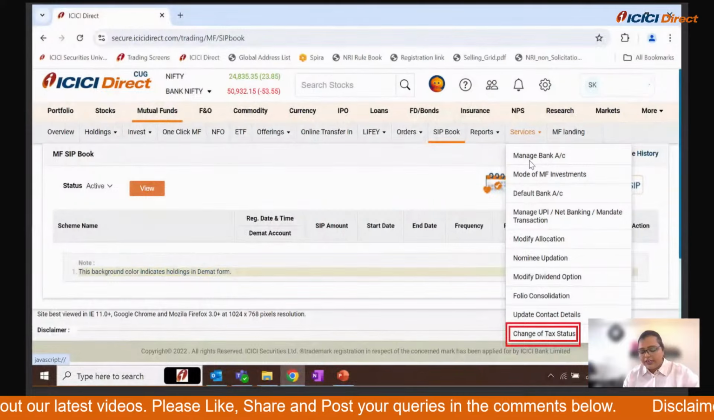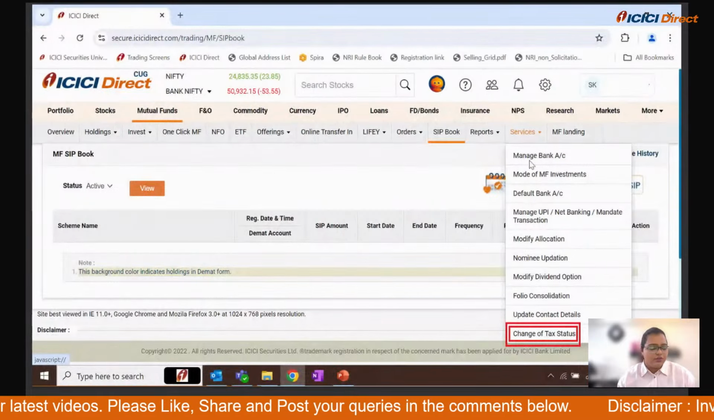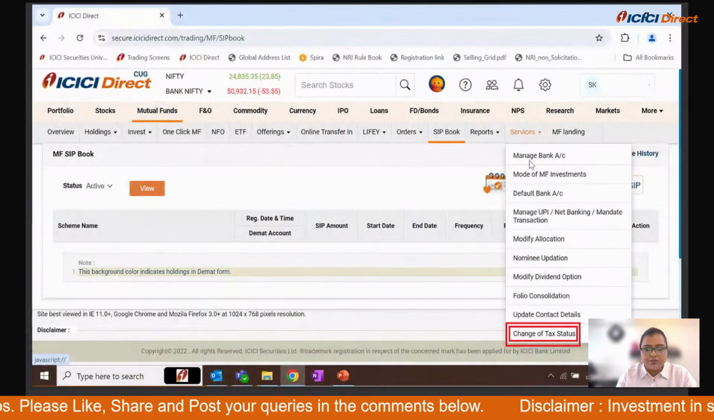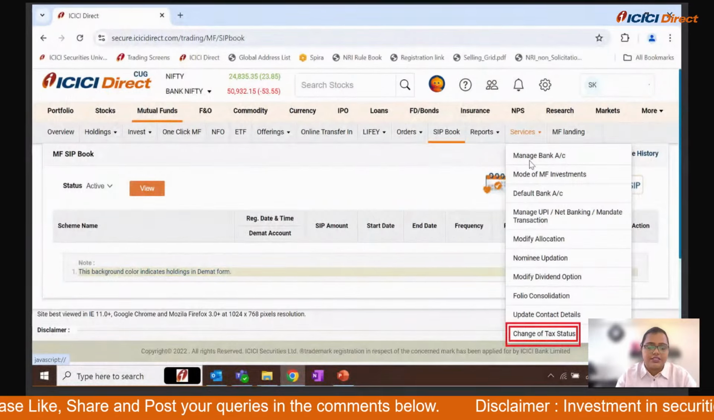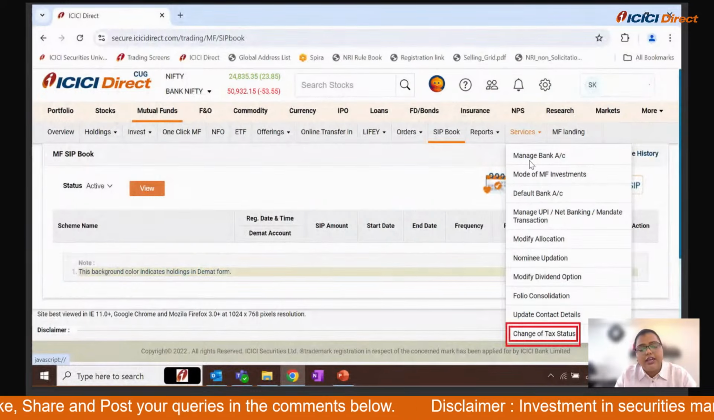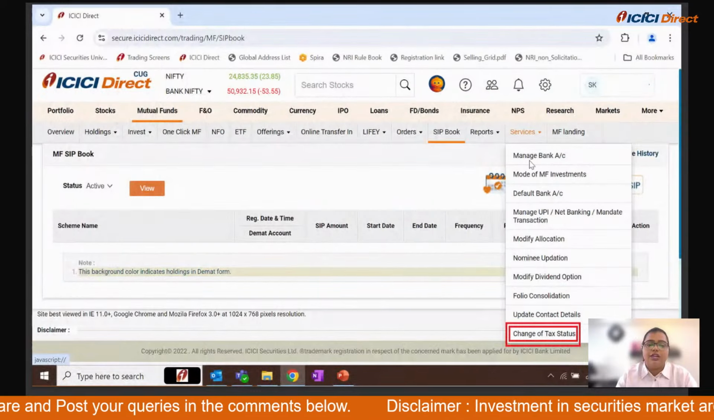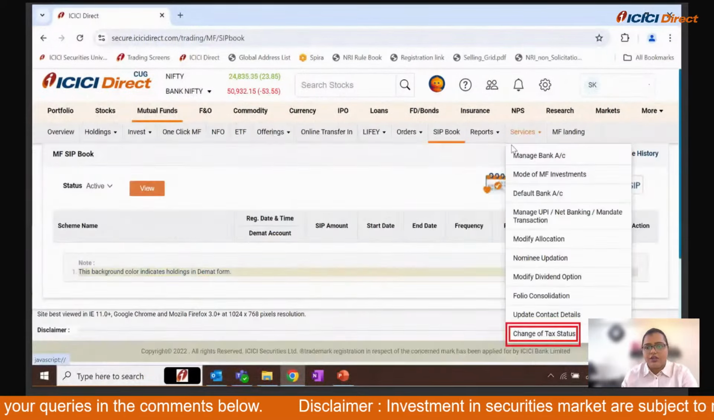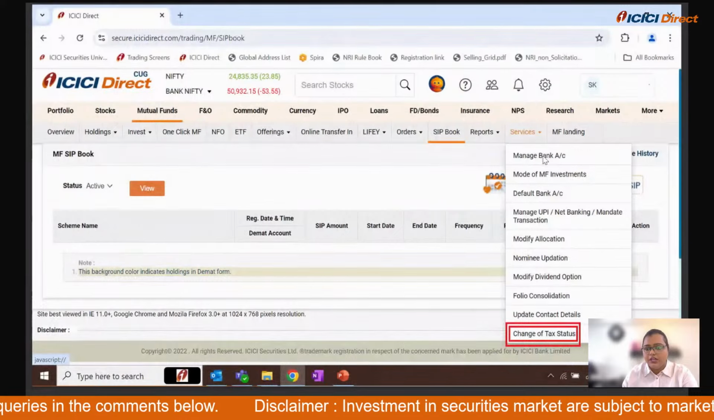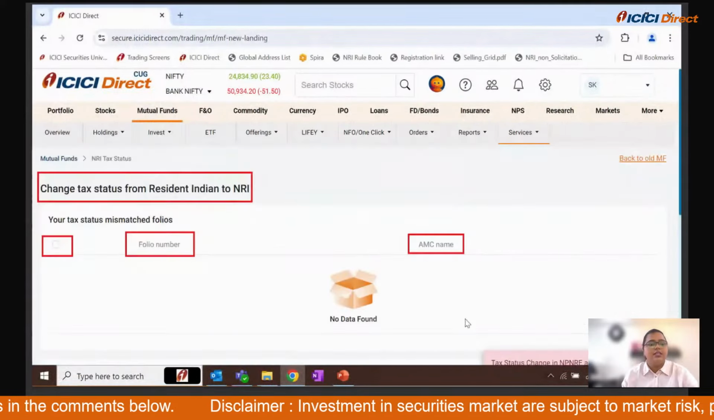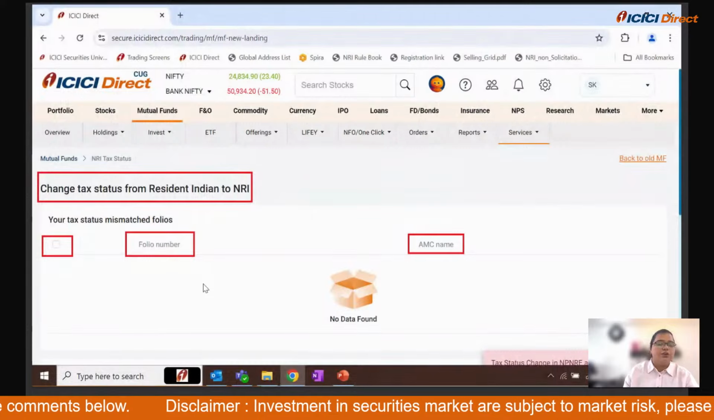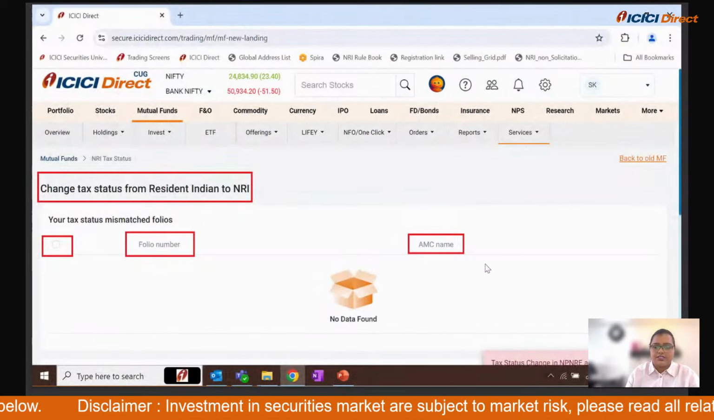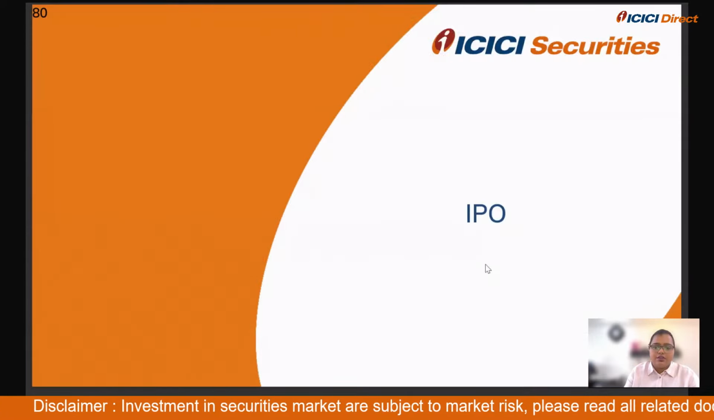As an NRI, when you transfer your shares from RI to NRI, or when you transfer your account from RI to NRI, your account status is changed, but you will also have to change the folio status. Whatever folios that you have as an RI, when you transfer it to your NRI account, you will have to change the status of that as well. So for that, you will have to click on the services option on the right hand side top here. Then click on change of tax status. When you click on that, you will have to select whichever folio needs it. Obviously, it will show you directly. You can select whichever folio you want to change the tax status for,